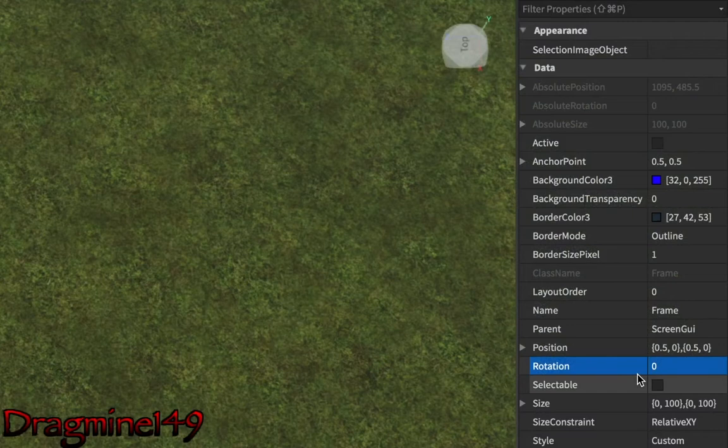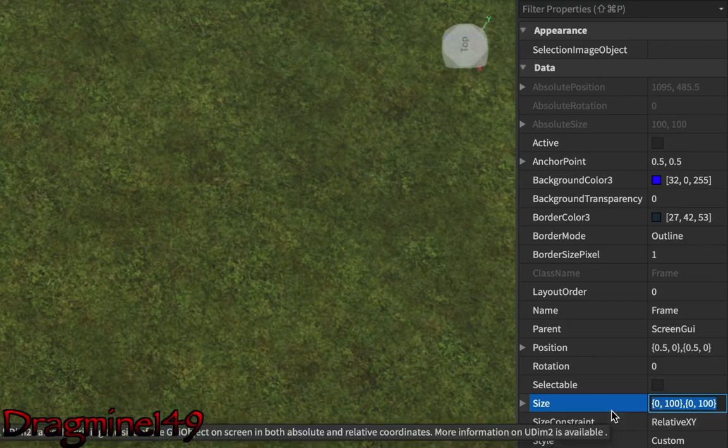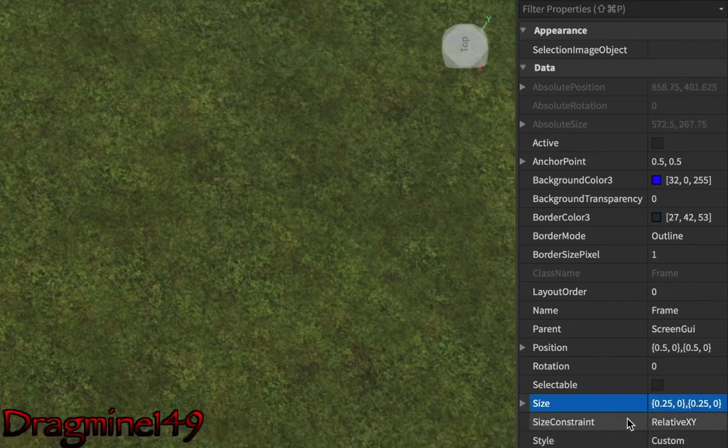Selectable is whether you can select it in game. Size is the same as the position, but I'm going to set this to 0.25, 0.25, so it's a square, or depends on your screen size. Size constraint is the directions that an object can be resized in. If it's relative XY, it means it can be resized in both. If it's relative Y, it can only be resized in one.